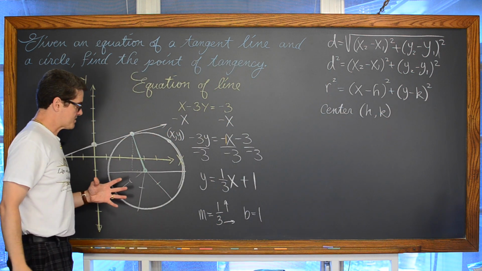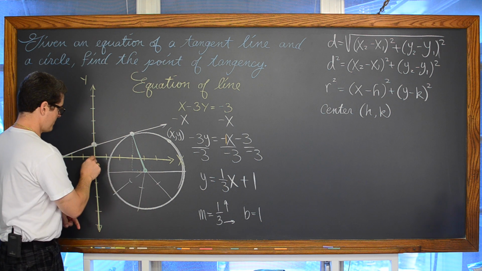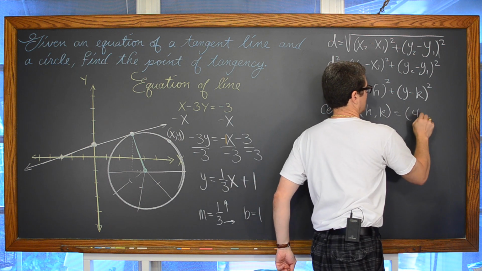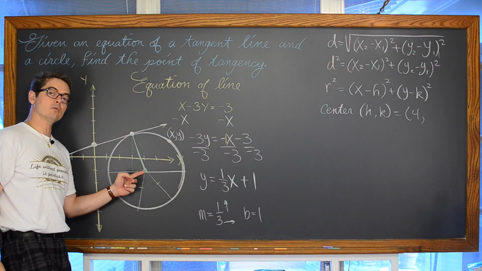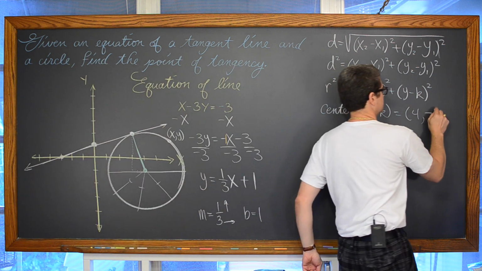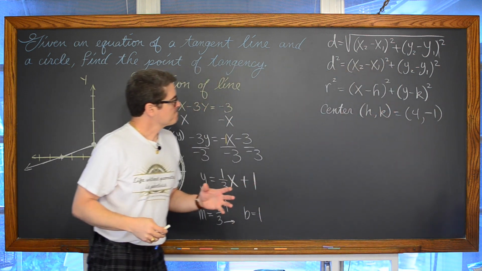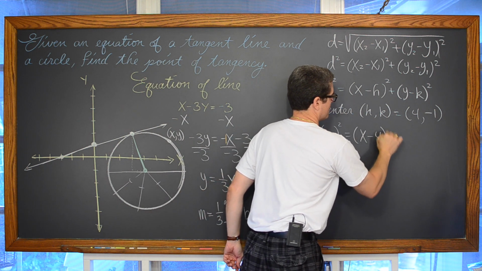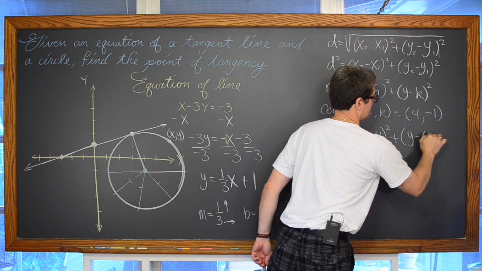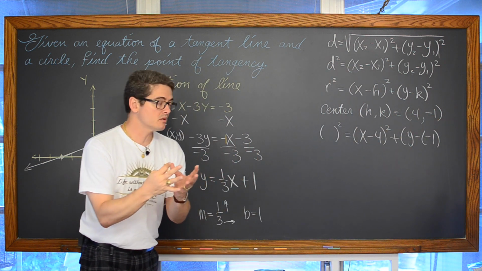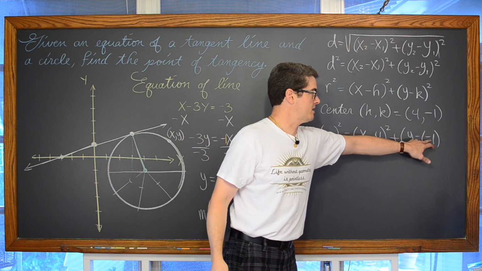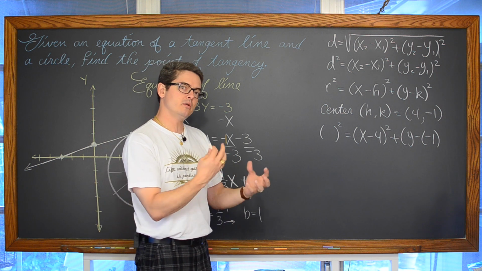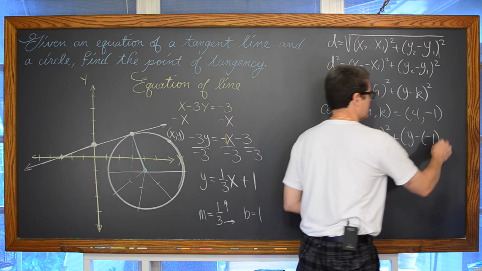And so now that we see how this is drawn, we can see that our center from the origin is over 4, 1, 2, 3, 4. And the center has a y-coordinate of -1. Great. So now I've got something squared is equal to x minus 4 squared plus y minus. Notice I'm going to use parentheses around that value that I'm substituting in that has a negative. You also want to do that when you're substituting expressions into another equation or expression to make sure that you get your signs and the distributive property all correct.